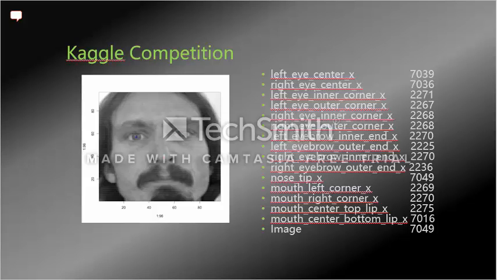The main thing we learned about the Kaggle competition is that not all the key points were there. We tried to get all the information from the images. The only thing we could find that was the same was the nose tip. They had the same amount, 7,049, as the images. We noticed that the eyebrows and the left and right corners didn't have all the information, so we decided to try to find it out in a different way. We're going to explain it later on.